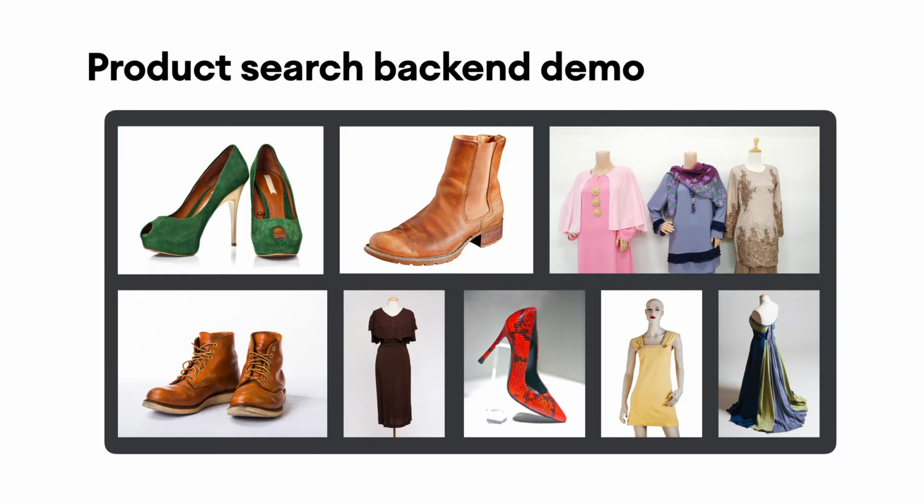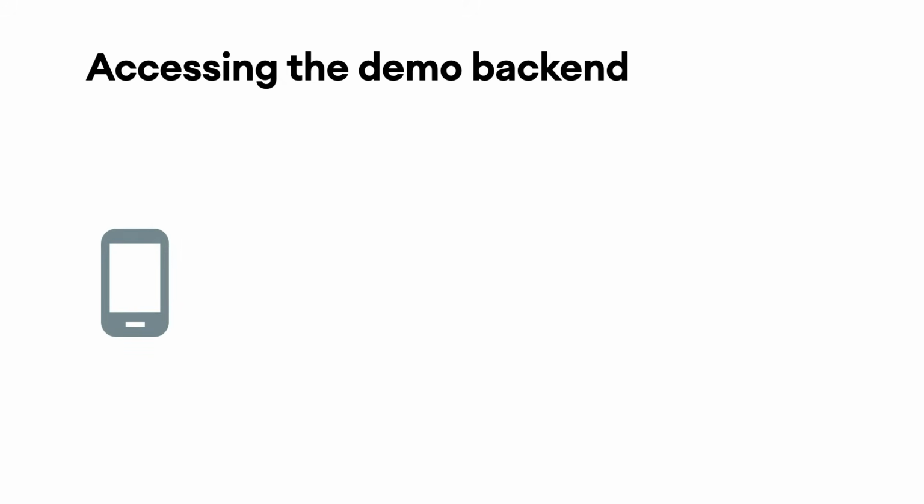It's very easy to create a product search backend by using the Vision API product search. You still need to prepare a few things in advance, such as creating a Google Cloud account with billing enabled. So to have you quickly go through the learning pathway, we have deployed a demo product search backend for you. It was built by using the Vision API product search under the hood and a product catalog of about 100 dresses and shoes.